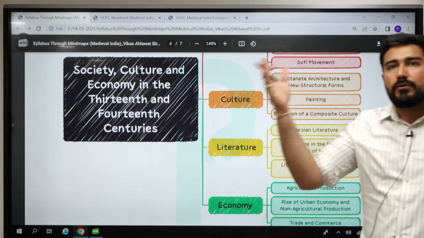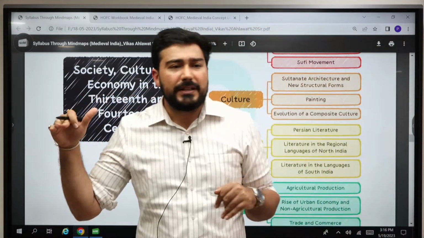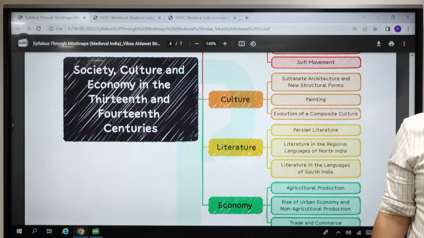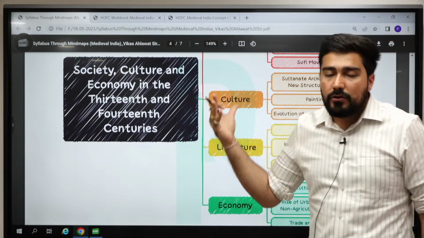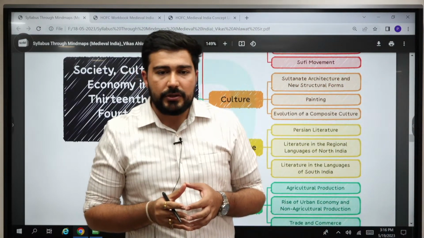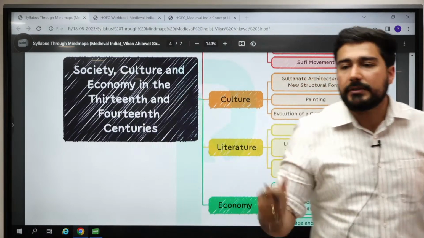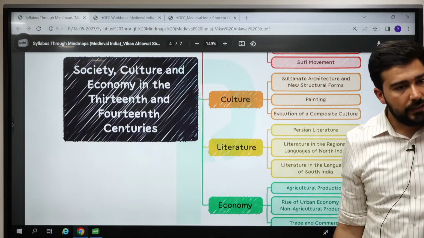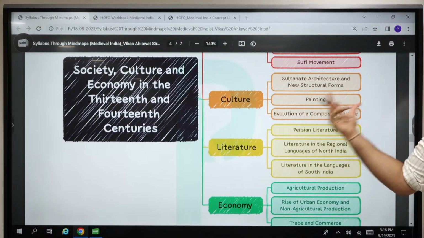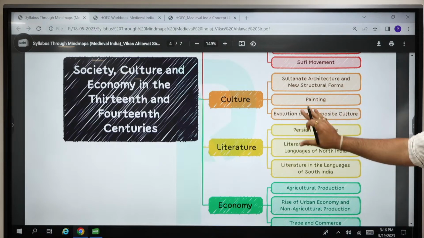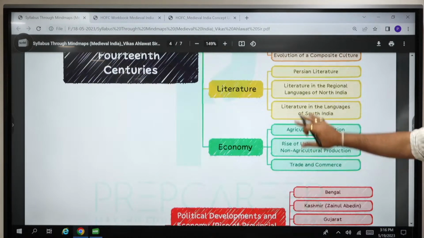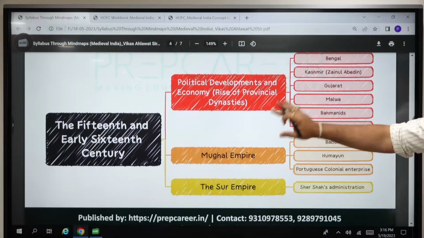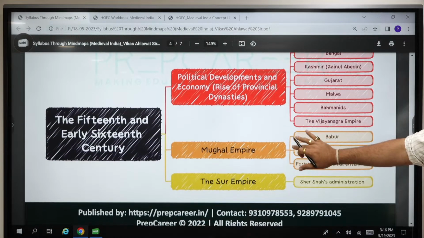If you see this room, the structure is very simple, है ना? Basic आपका column और pillars हैं और कुछ नहीं है as such. But if you see the monuments of Indo-Islamic architecture, you are going to see a different kind of setup, which will have arches, domes, as well as minarets. So all those transformations we are going to study later on, and this is also going to be important for your prelims. Then literature and economy we are also going to study. In the 15th to 16th century, as we have discussed yesterday,